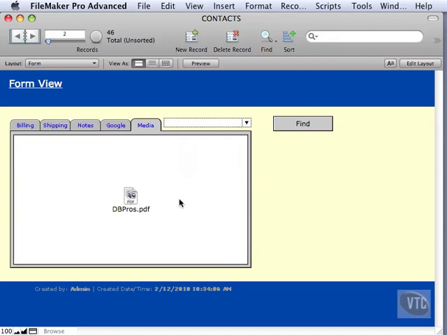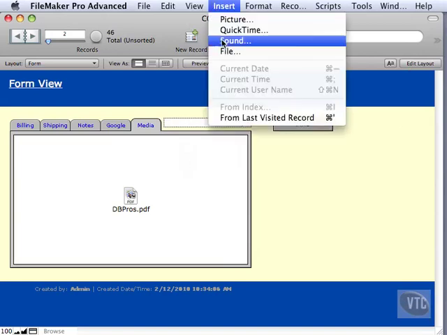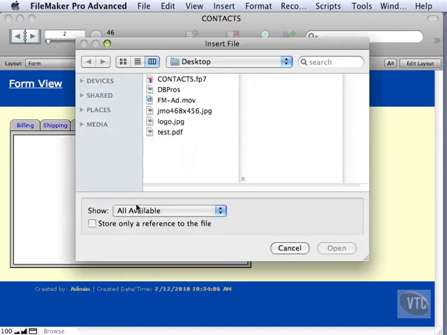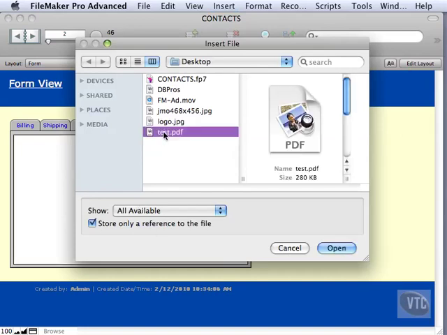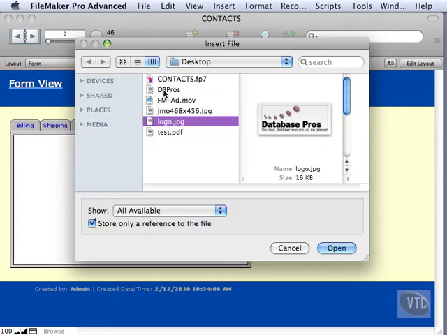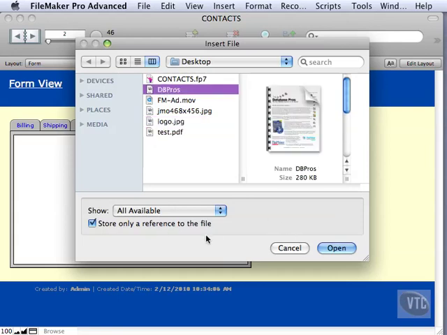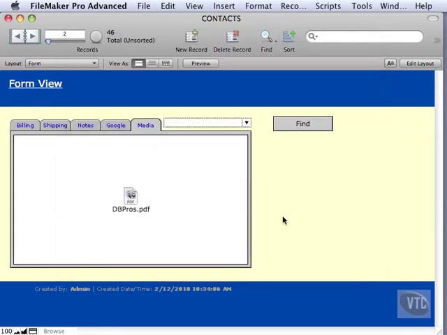Now we're going to go ahead and insert right over this. We're going to insert exactly the same file, but this time we're going to store only as a reference so we can see one of the new advantages with a file. So we'll go ahead and choose Database Pros, but as a reference, and it looks exactly the same as would a picture that was a reference